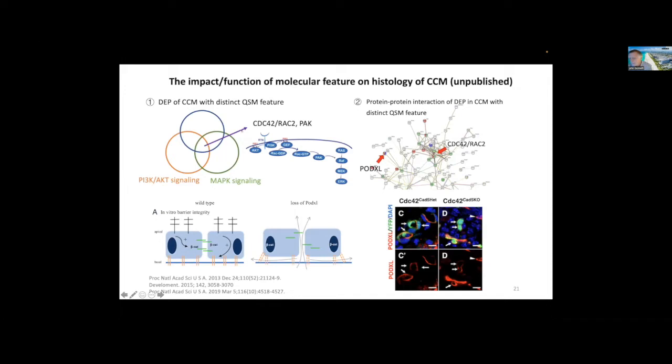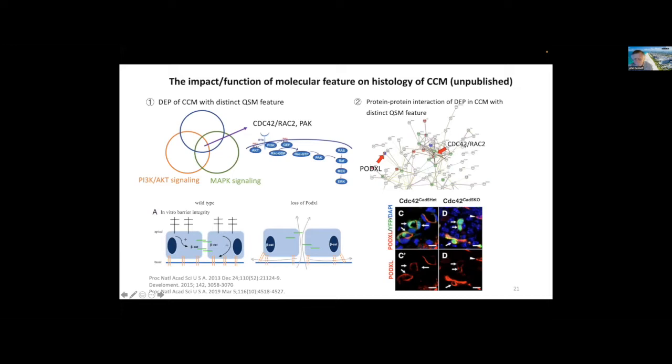Then we found the RAC and PAK kinase, and their role between the two signaling pathways has been reported in some malignant tumors. And in CCM with iron overload outside the lesion, the expression of RAC and PAK seems to be lower. We also used the protein interaction network to see some downstream targets of RAC. And we find a decreased expression of PODXL, which is podocalyxin, along with the decline of